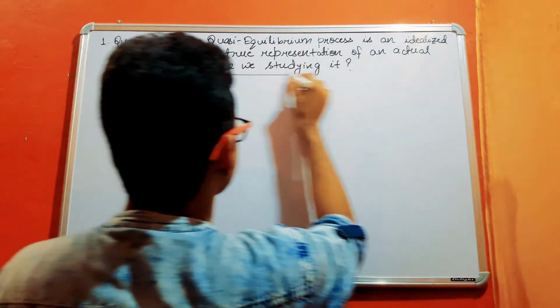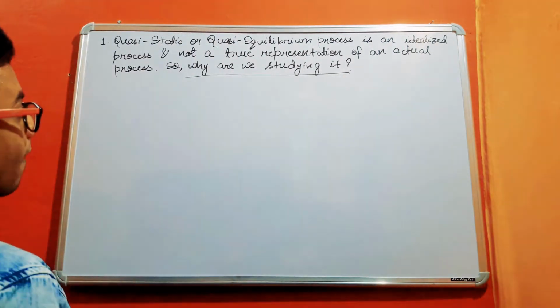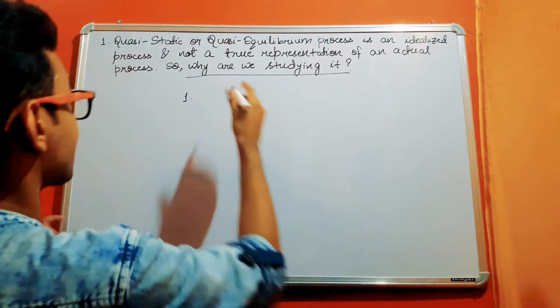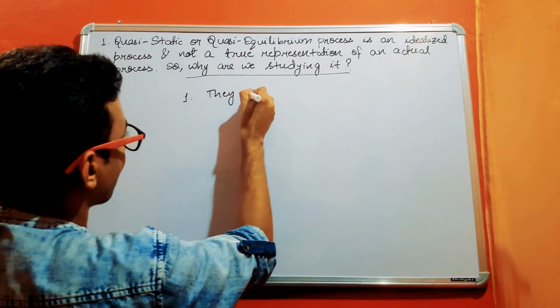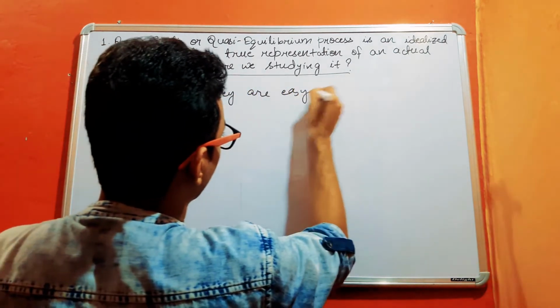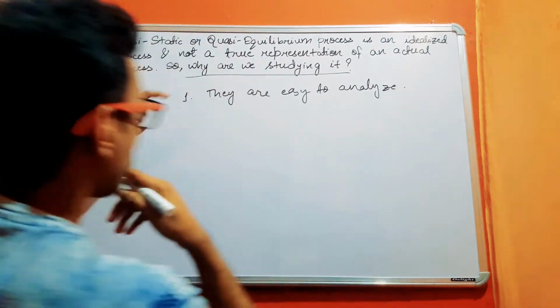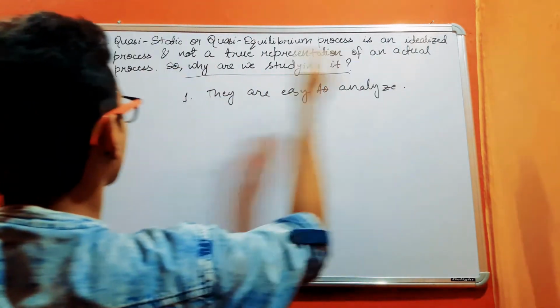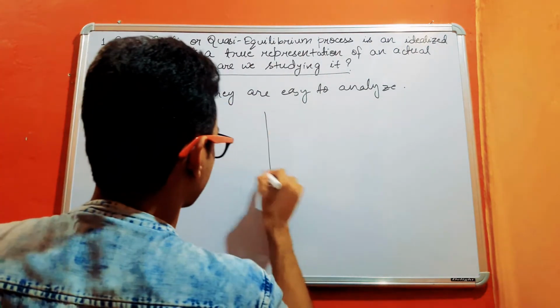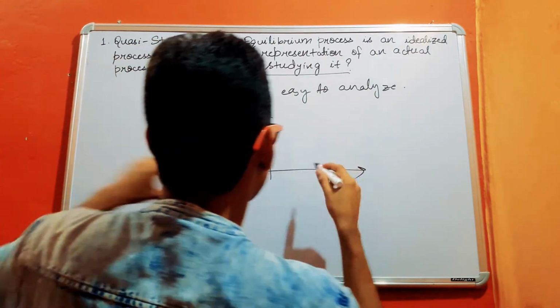So the question arises, why are we studying it? The first reason is because they are easy to analyze. And why are they easy to analyze? Because we can speak of process paths only in case of quasi-static process, and hence we can represent it